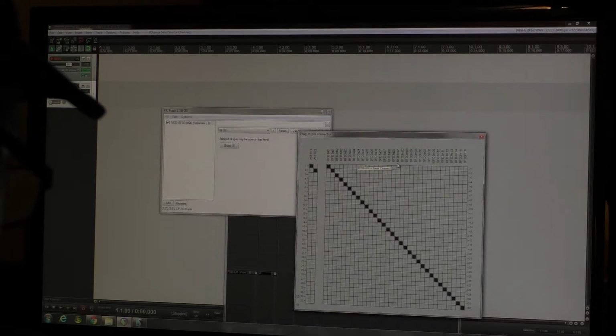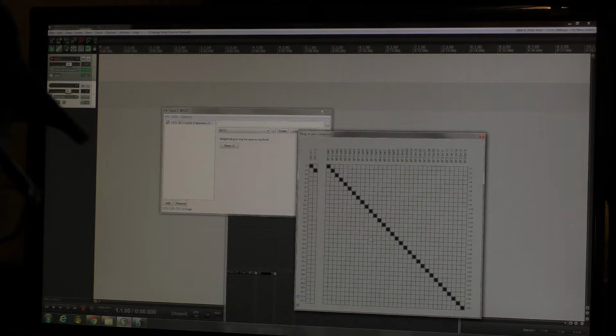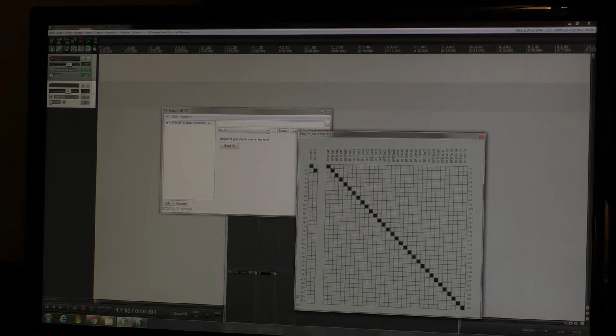So we'll just take one quick look at that again, and you can see it says BFD3 mono 1, and if you line it up, it goes right with number 17 right there. You can see it right there. Okay, so the next channel is going to be mono 2. But before we go there,